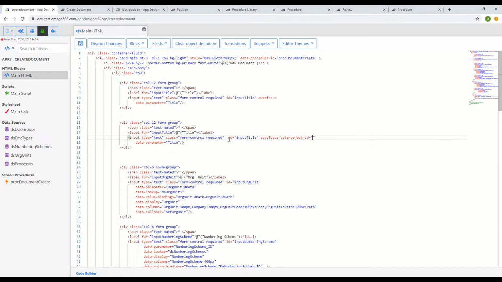Data-object-ID equals ds person, and then you have data-field equals ID, for instance, which is the person ID. Then you have bound this as well to the data parameter. So say we had data-parameter person ID, like that. So now we actually have the value from the data object with the column ID automatically put into the person ID. And if you don't use it this way, you have to write several lines of